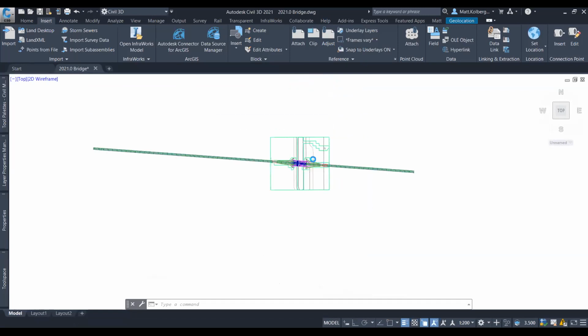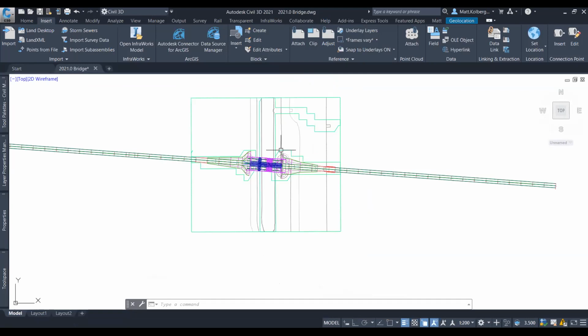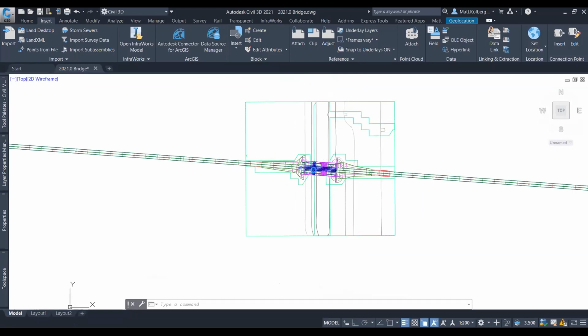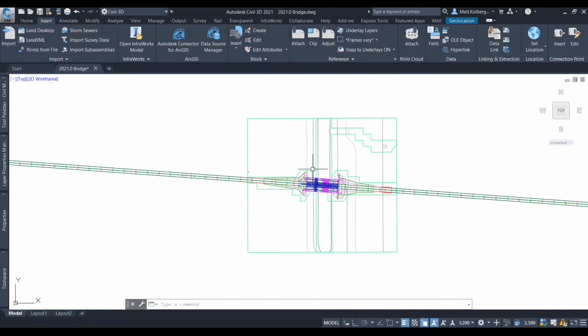So here's what I get when I bring in that bridge. And I don't need to use all this stuff. If I brought this into the original drawing file, I wouldn't really need the alignment because the alignment already exists, but I could get rid of it. It brings in a little basic sort of design surface as well as the bridge objects themselves. So first thing I'm going to show you